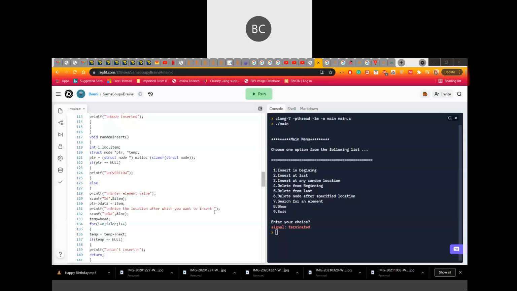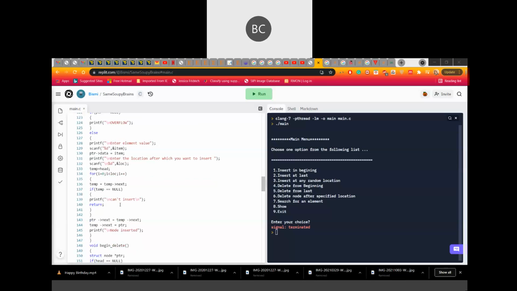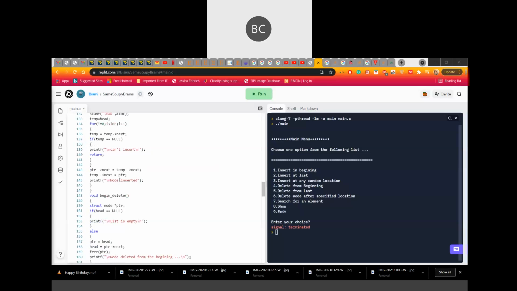Just you have to select the location where you want to add the item. Once you select the location, maybe third or fourth, you will go to just before that node and again use the temporary variable and keep your next node here. If it's not fulfilling the condition, it will simply say can't insert. Maybe there is only one node there, then in that case you cannot select the middle, right, the location whatever you inserted. Then if it is a valid location,